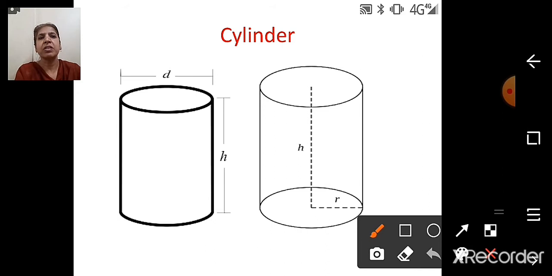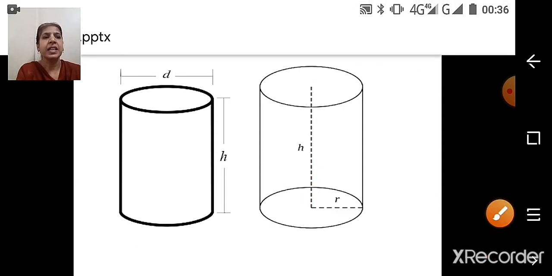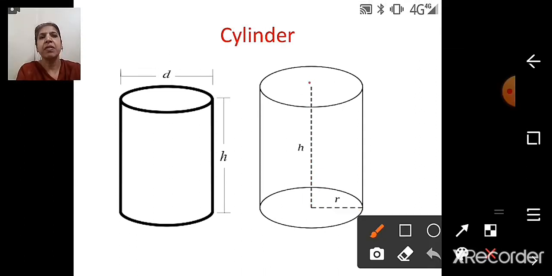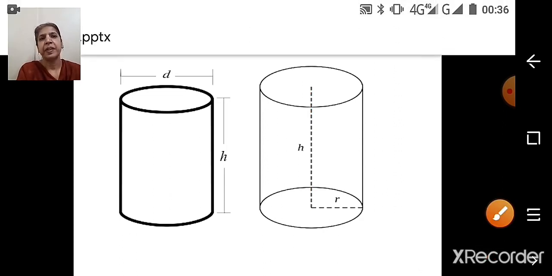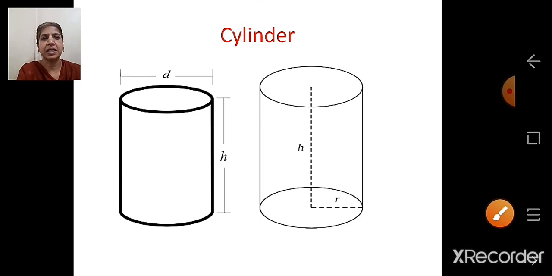You look here also at the second cylinder. You can see this is the radius of a circle or radius of a base. And then this is the perpendicular height. You can call it height. Also it is known as perpendicular height, because where the height and the radius meet, a 90-degree angle is formed. It is perpendicular. And height is nothing but, you can say, from the center of the top to the center of the bottom. So these are cylinders.